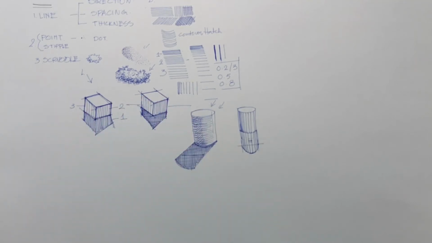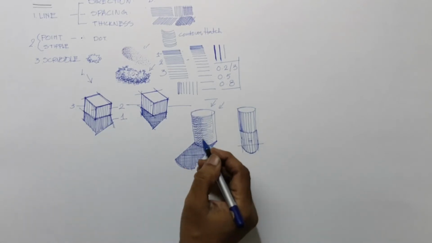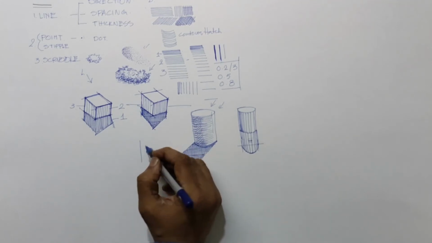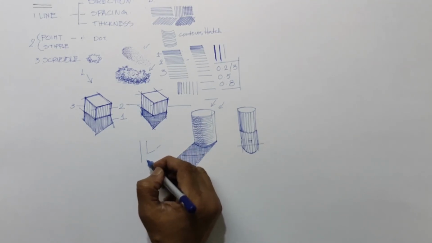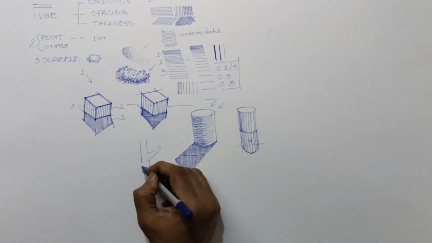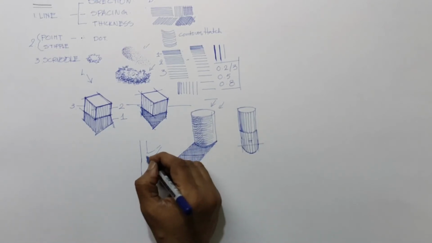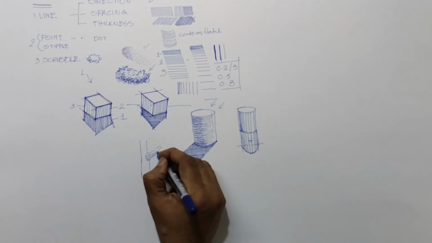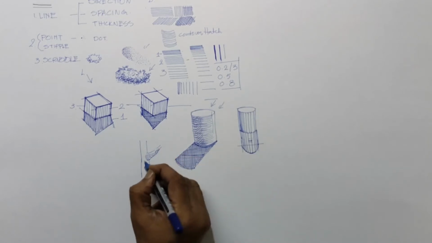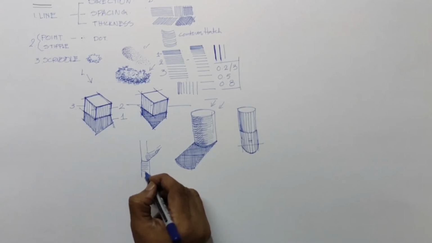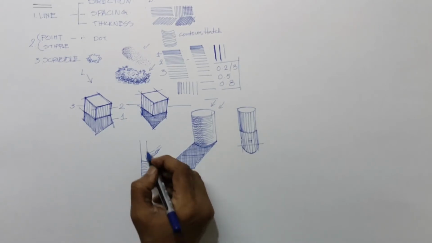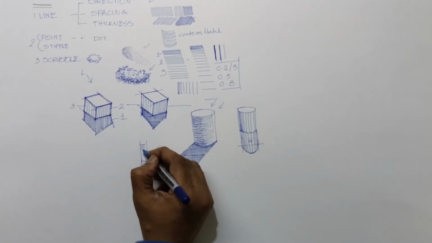Here is one more thing I could say: in painting or sketching, we usually use this kind of technique when we draw. See, I'm drawing a tree or something like that, a branch. Here we use the same contour hatch, if you notice. I'm using a contour hatch. Slowly I will enhance that. For the shadow, for trees and this kind of thing, we use contour hatching, like this.